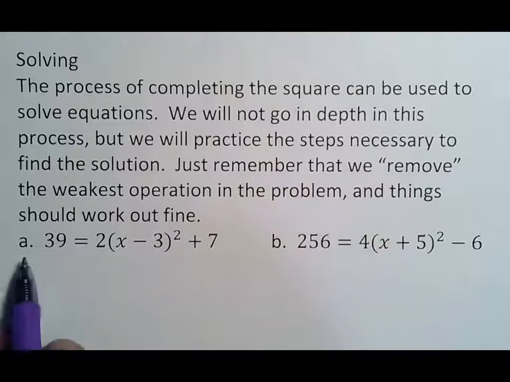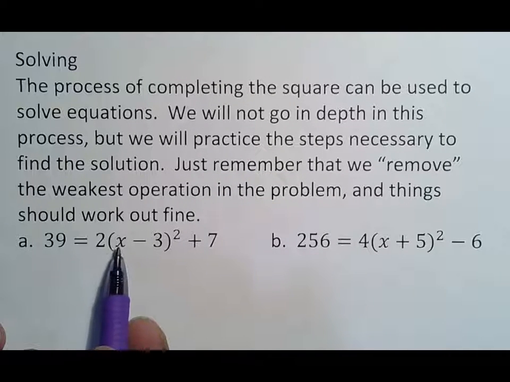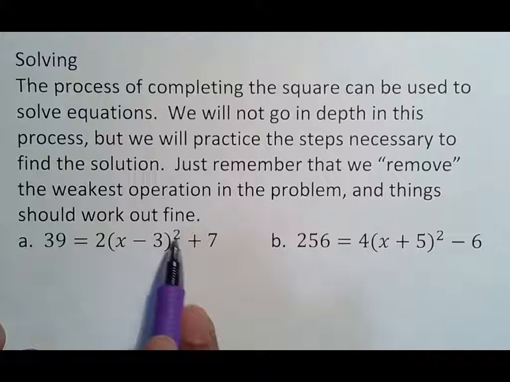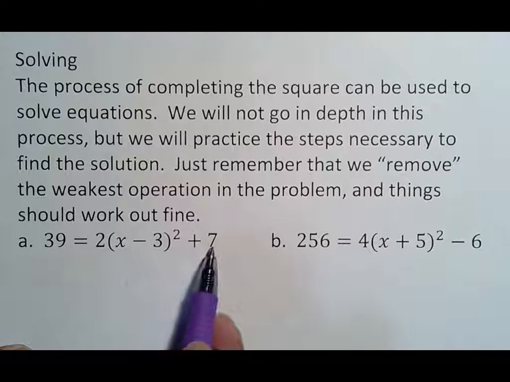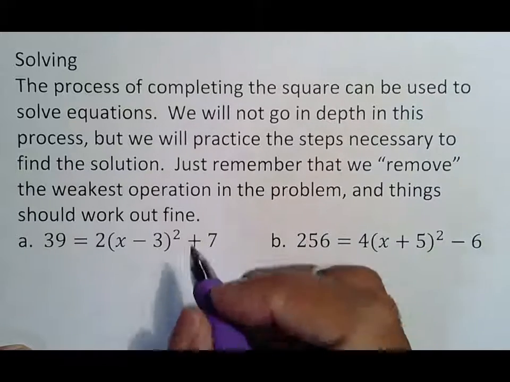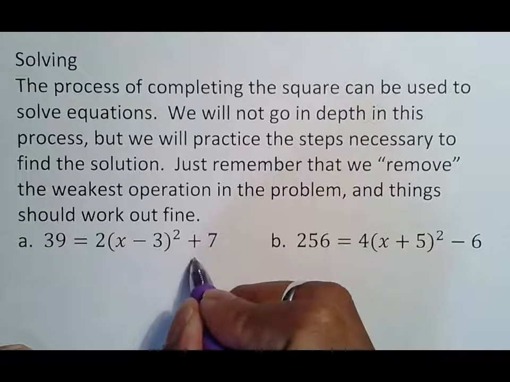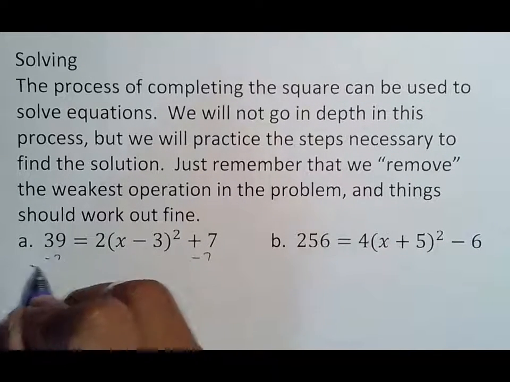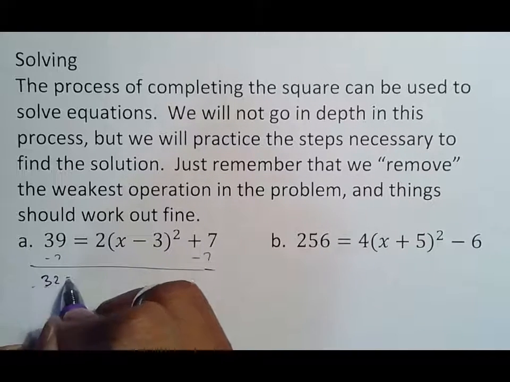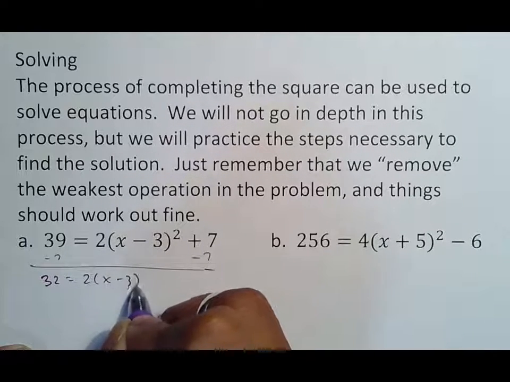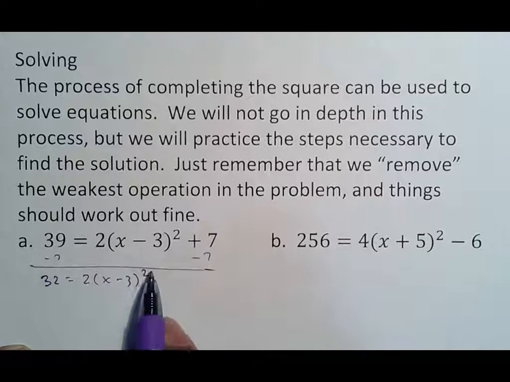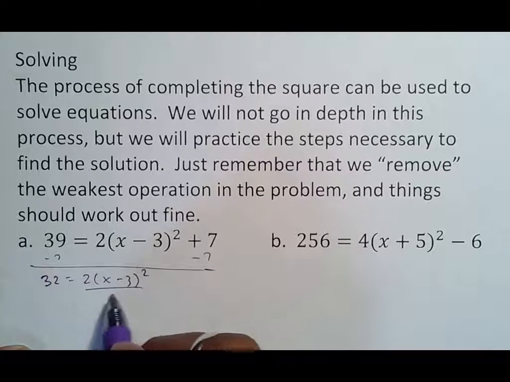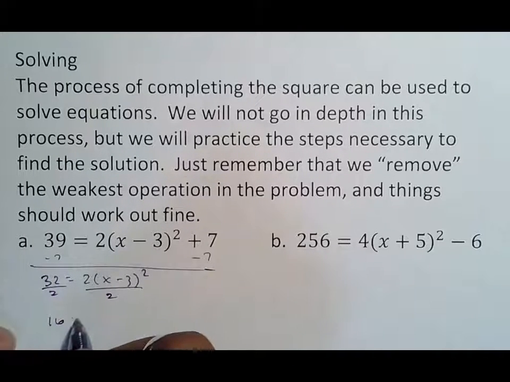So if you were completing the square, you would have a squared number, or a value squared plus something else, and potentially a number out here. And so when you see your problems on MathXL, which look like this, you have to make sure you complete or remove the weakest. The plus 7 obviously is the weakest, so we'll subtract 7, getting 32 equals 2 times x minus 3 squared. The 3 seems to be weak, but that's inside of a parenthesis, so that's actually the strongest. That's stronger than this, so we are going to move the 2 by dividing by 2, getting 16 equals